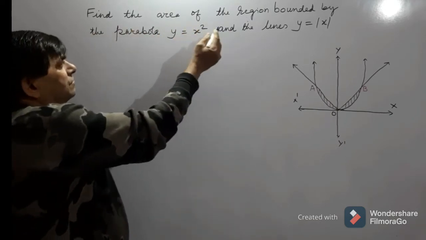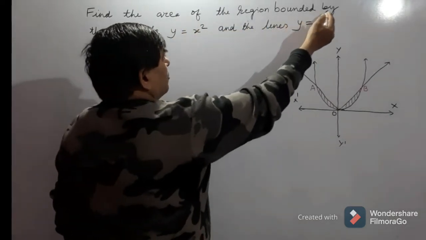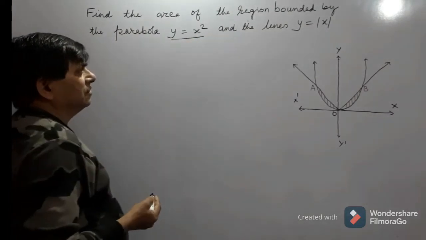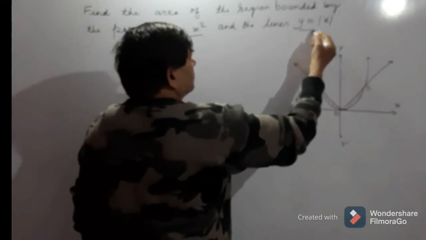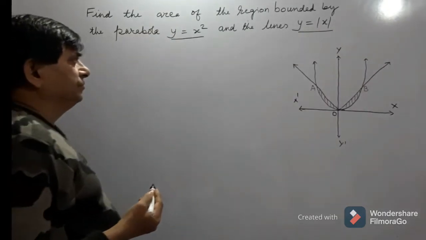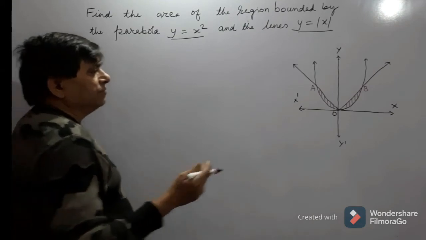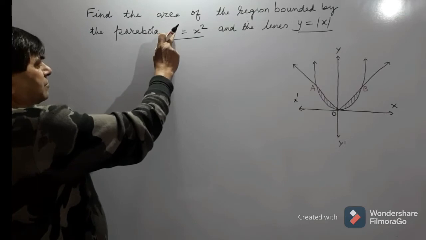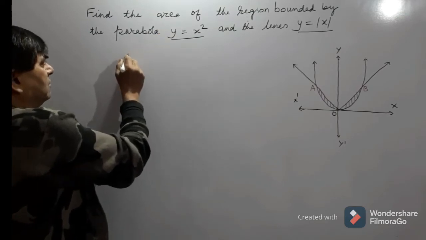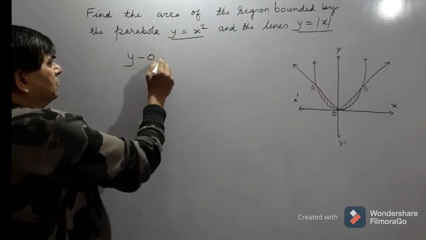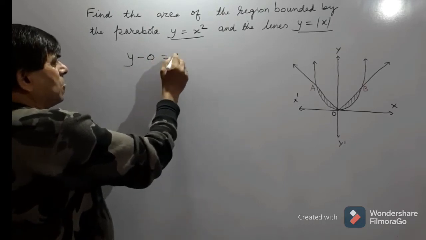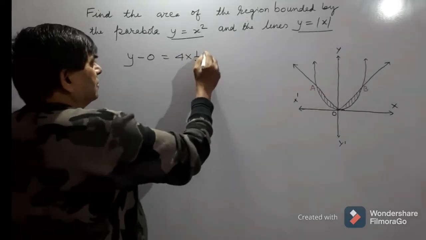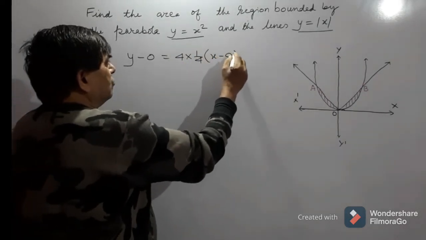Find the area of the region bounded by the parabola y is equal to x square and the line y is equal to modulus x. First, for the figure, how this will be, we can transform this one parabola y minus 0 is equal to 4 into 1 by 4 into x minus 0 whole square,